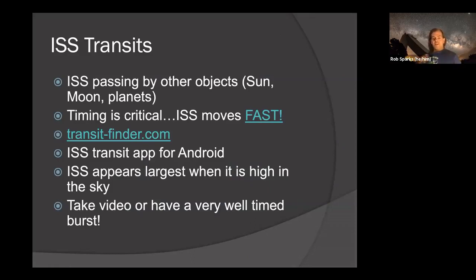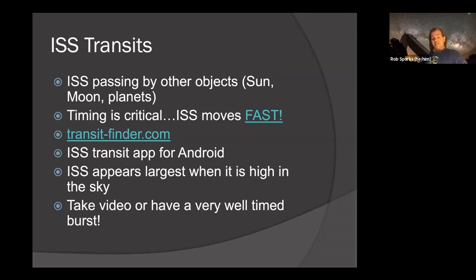Now, another thing that Jeff Adkins showed when I did my Parallax presentation a few months ago is International Space Station transits. That's when the ISS passes by the sun or moon, which are the two most common objects, but you can do planets as well. And I actually have done a couple of planets. Just last fall, I started trying to catch it by planets. Timing is critical though. The ISS moves fast. Depending on the exact geometry, it can take less than a second to go across the face of the sun or moon, or up to 2 or 3 seconds if it's low in the sky, when it appears to move slower. But even with a few second window, that timing is fairly critical.